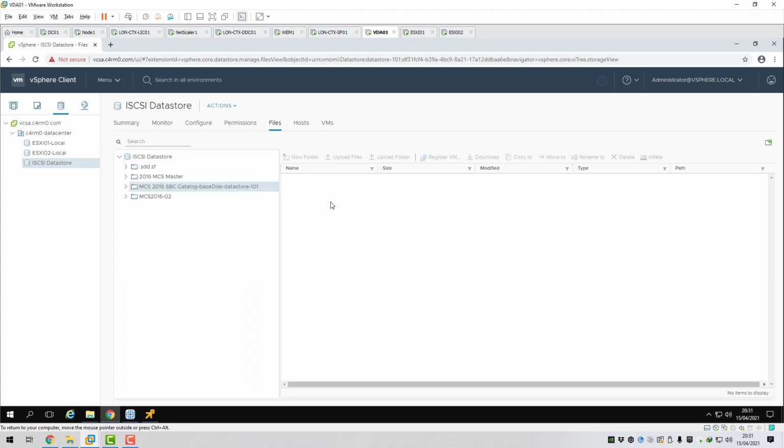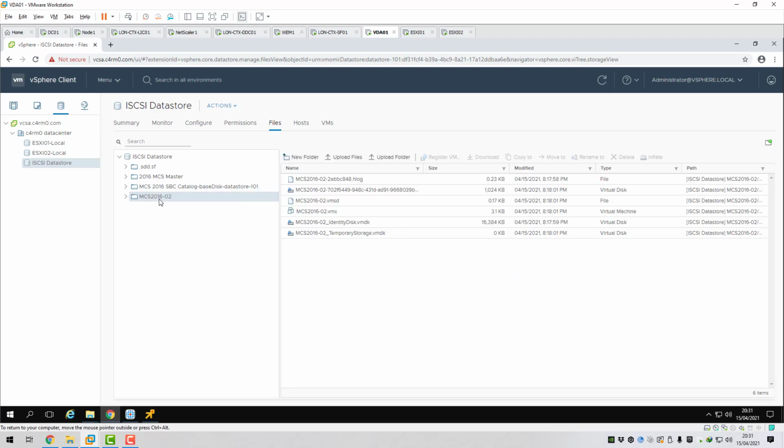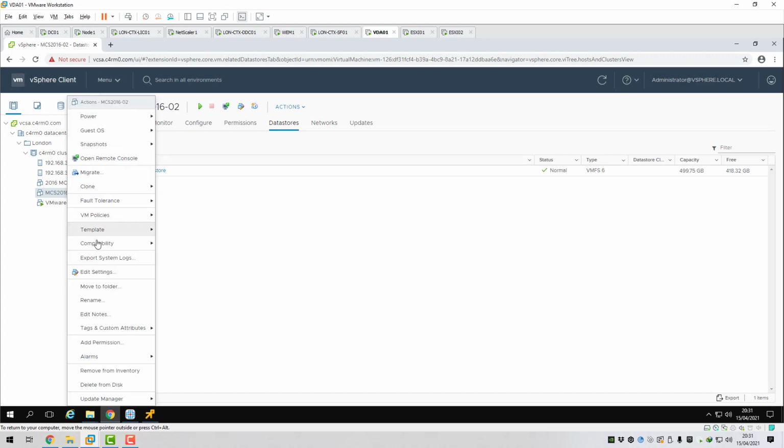So if we have a look in there, you can see there's our base disk, which is our VMDK, which is basically a full copy of our snapshot. This is our base. If we have a look at our virtual machine that got created, MCS 2016-02, what you see is this is the identity disk, the 16 meg identity disk. We then have the difference disk, which is this disk here, and then the temporary storage here is used for MCS IO. So if we go back to host and cluster view, and if we edit the settings of that virtual machine,